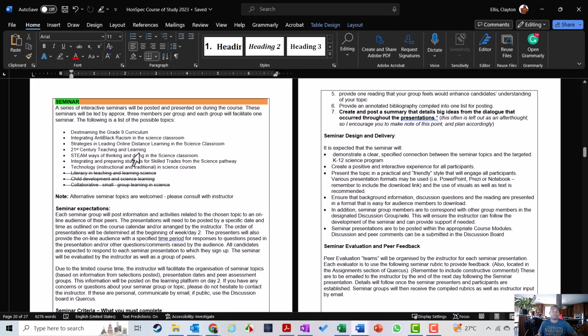The seminar is designed to be new learning, fresh learning. So you're putting the learning together and you're going to teach your colleagues, the other honour specialist teachers, and there are 34 teachers in the senior additional qualification science course, and they'll also be your audience. So for most of your seminars, I'd say you should have at least 7 to a dozen people participating in your seminar.